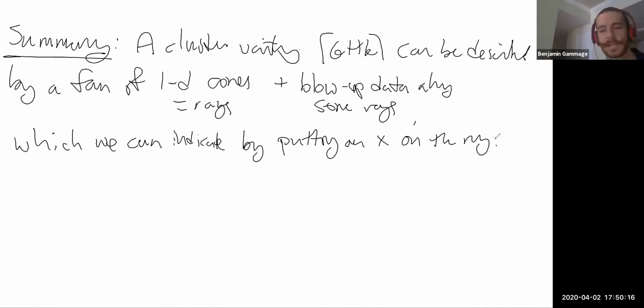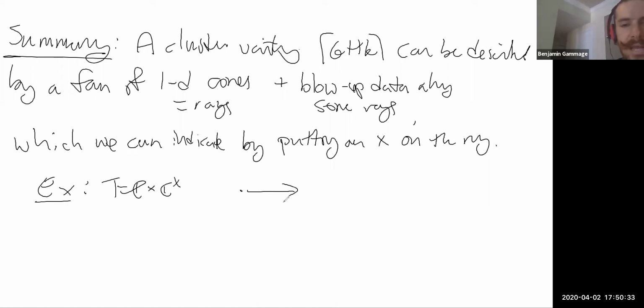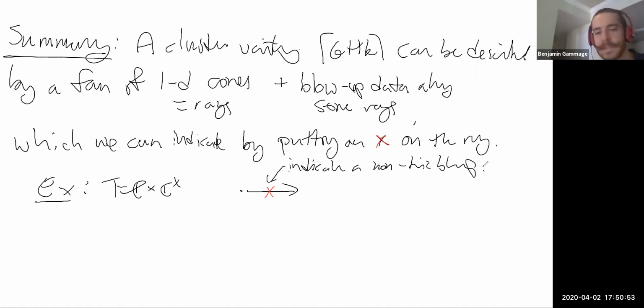I learned this trick from Andrew Hanlon. I mean, maybe he learned it from the original Gross-Hacking-Keel log Calabi-Yau surfaces paper. But what I mean, as an example, is in this case, T equals C times C star. When I did one toric blowup, I have a ray here. And let me give my X a color. Let me give it red. I just put a little X on this ray to indicate that I did a non-toric blow up there. And so there's actually something very, very crucial going on here,